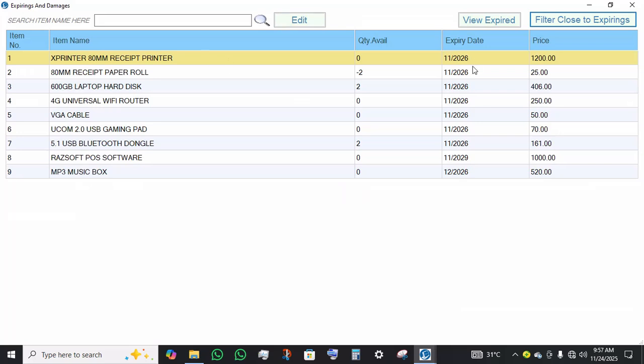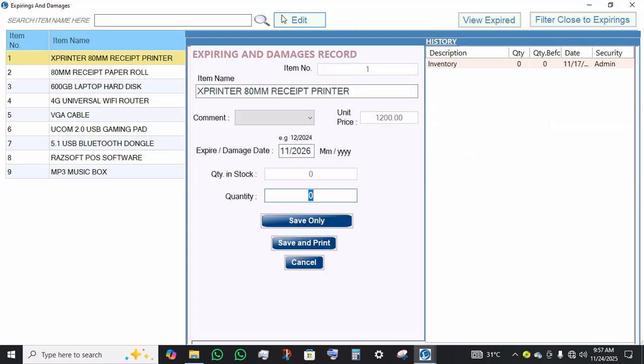So when an item expires, you just come here and choose edit. It will give you the item's date. This is the date the item is going to expire. Maybe it has damage, so you just choose damage, the quantity that's damaged, then you input the quantity. So you save only, or you save and print it out. All depends on you, and this is a simple history of it, that you receive inventory,